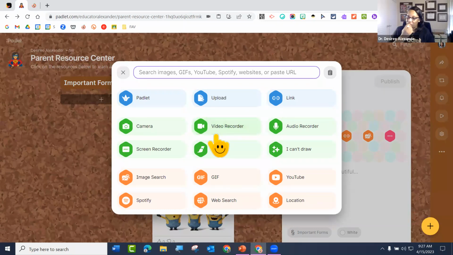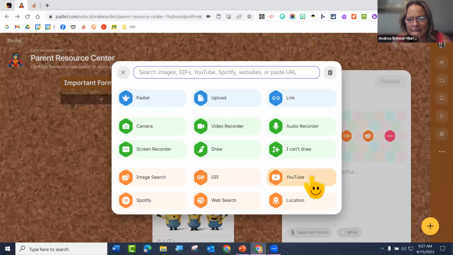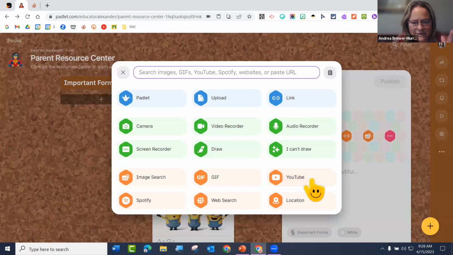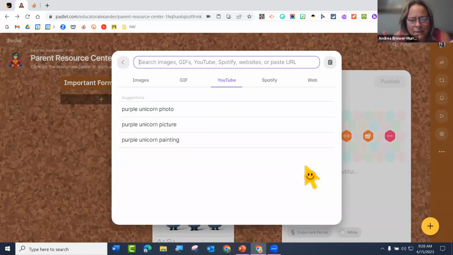She's unmuted. So my question is, if I want to upload a YouTube video and I went to the link down there to YouTube, like you've got right there where you've got the little hand. I put in what I want to search, like for example, a Padlet video for teachers. And it automatically loaded up some YouTube videos.